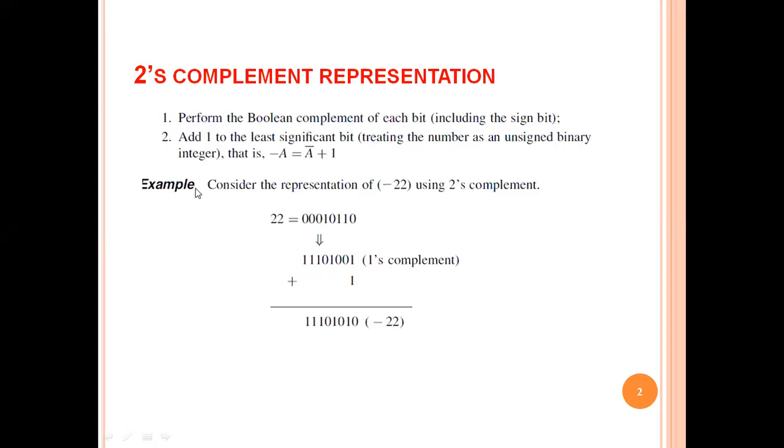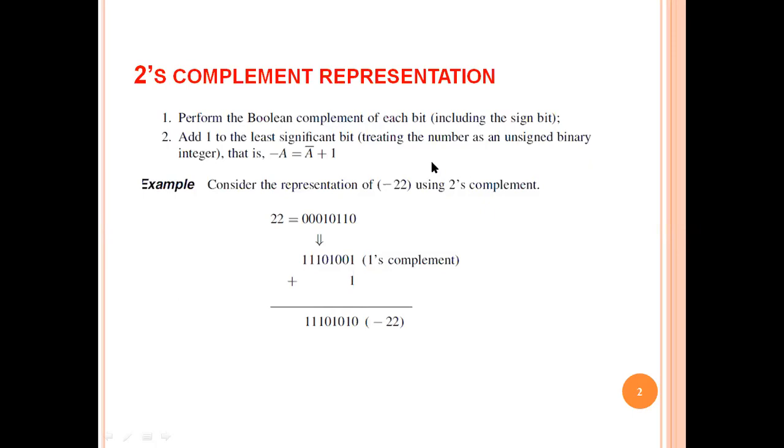First I make the 1's complement, just like step 1. So 1's complement, then we have to add 1. So this is the 1's complement of this number. In place of each 0, it will be 1, and in place of each 1, it will be 0, and in the last place of 0, this will be 1. After that, we have to add 1. If I add 1 to this number, the carry propagates, and we get 1, 0, 1, 0, 1, 1, 1. So this number actually represents minus 22 in 2's complement form.